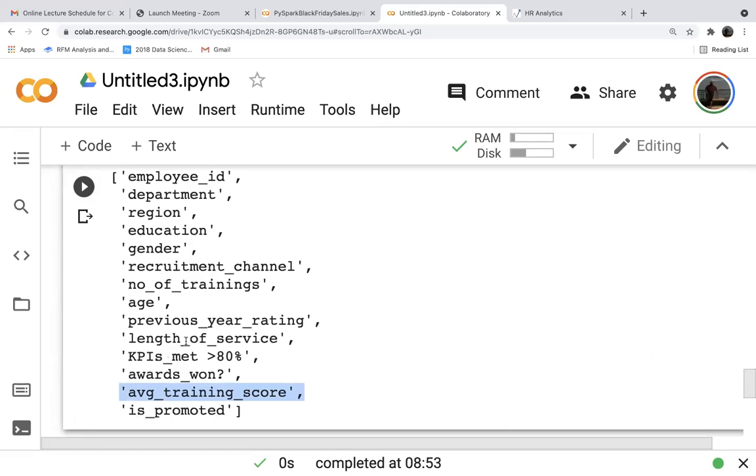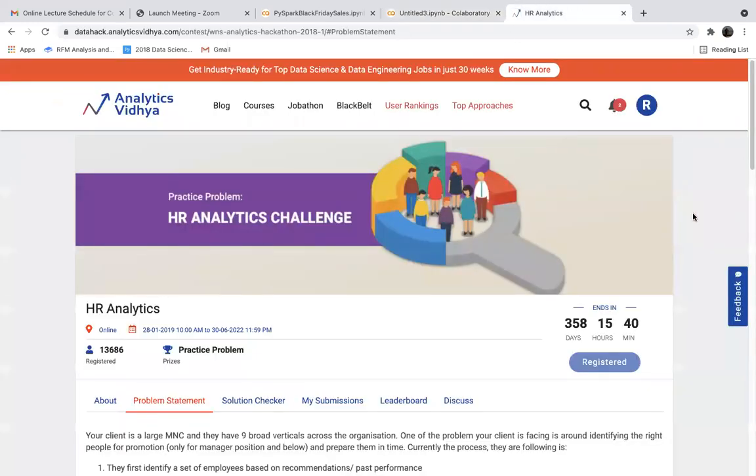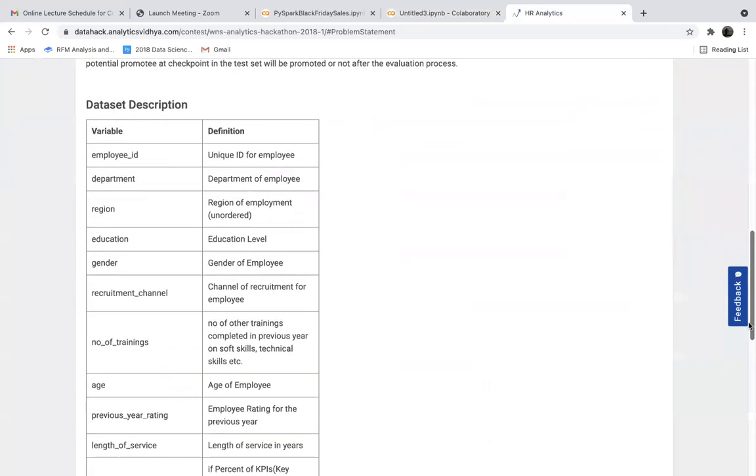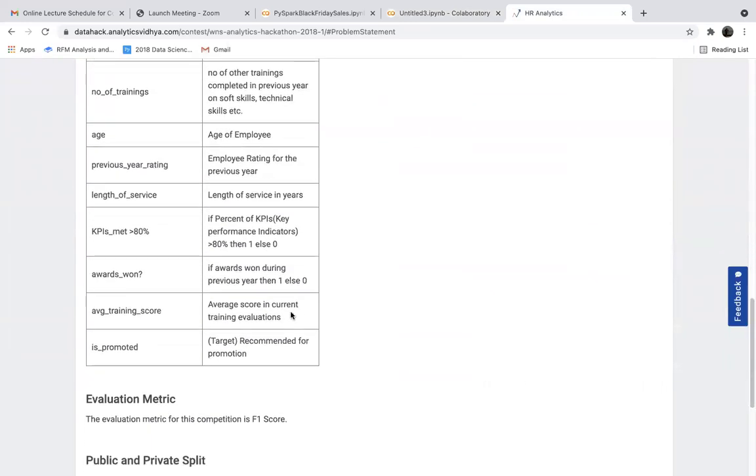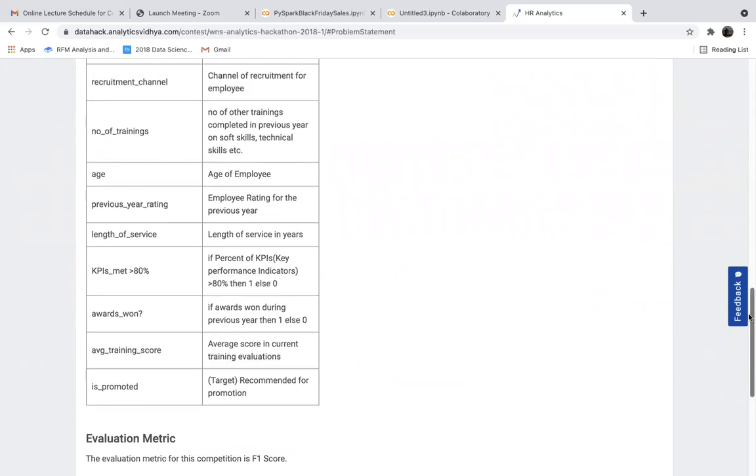KPIs met and awards won are also numerical, 0, 1, 0, 1. If you look at the problem here, if percent of KPIs is greater than 80%, then 1, else 0. They are Boolean values, 0 and 1s. Dummy codes already created.